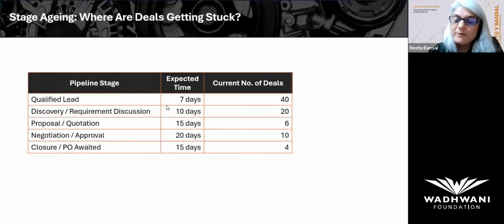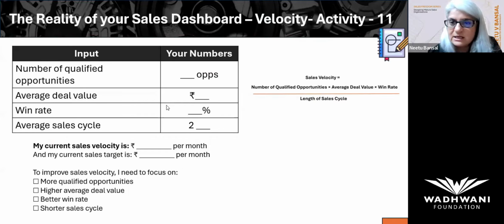Last one, for many organizations, velocity may be a little too advanced because it's what we call a compound metric. There are 4 other metrics that we have to calculate before we understand velocity. And out of that, it's very difficult for us to influence average sales cycle and win rate. Win rate we can, average sales cycle will take a little longer. So I thought I'll give you a simpler metric also, which should be a part of your dashboard.